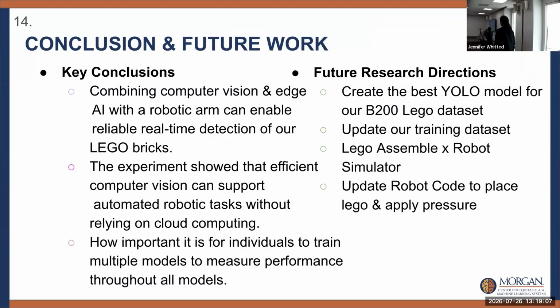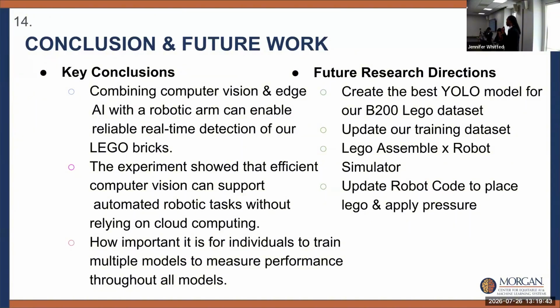For the conclusion and future work, after this project, we were able to see that we could combine a computer with a robot arm and a camera to assist with Lego assembly operations by detecting Lego pieces and assembling them as we want. This experiment showed that efficient computer vision can support automated robotic tasks without relying on cloud computing. We were also able to understand that it's important to train multiple models to measure performance across all the models trained. Our future work contains maybe creating a YOLO model so we can actually use the full